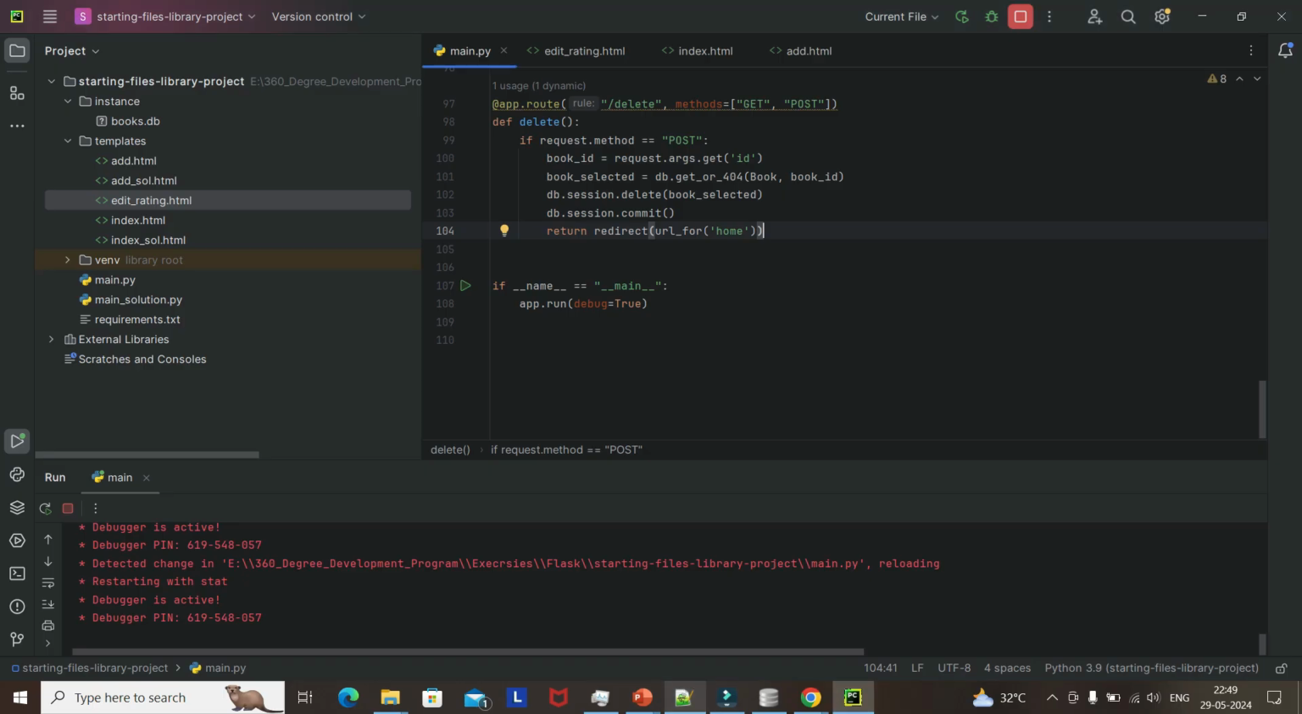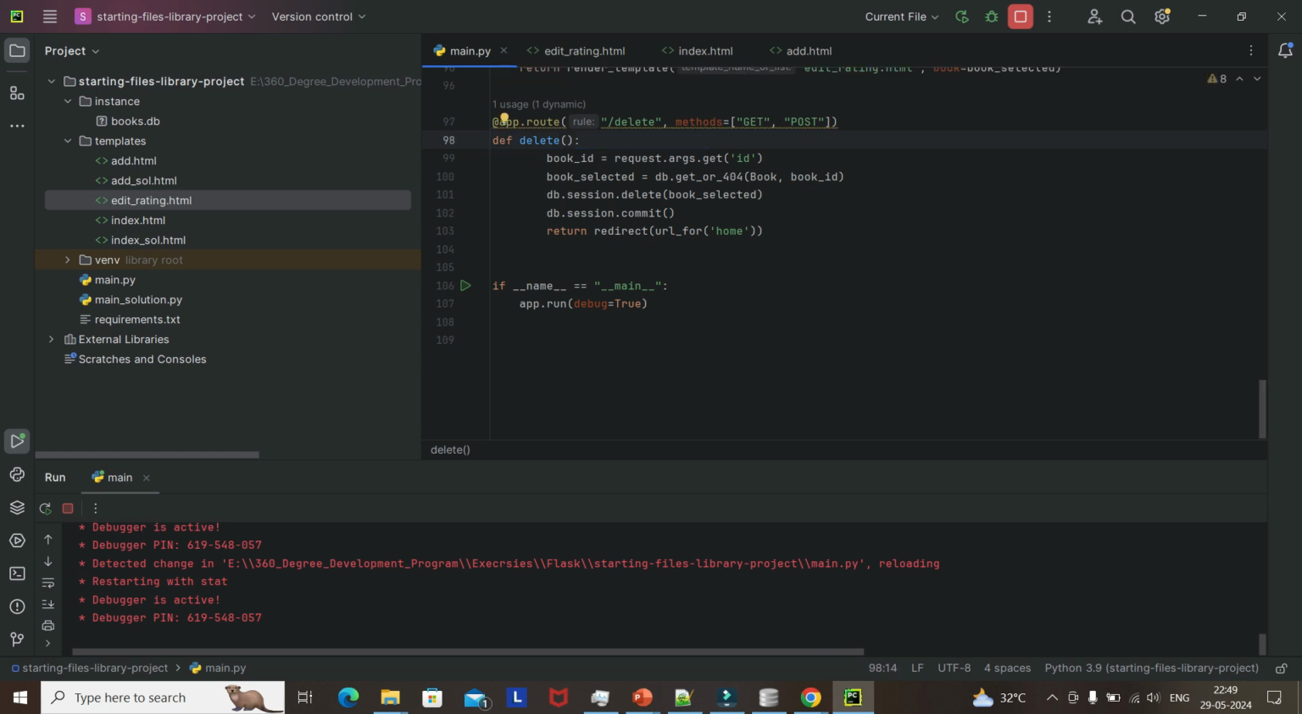I think there is no need of a post. Okay, there is no submit button. So yeah, and now when we click delete, the record will automatically get deleted. So the book ID